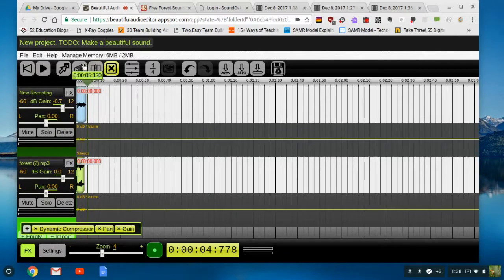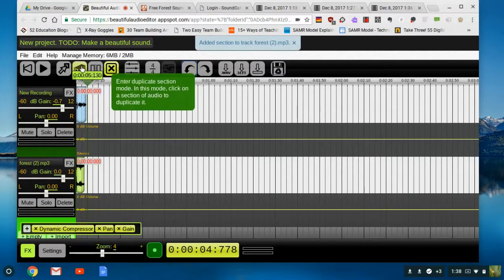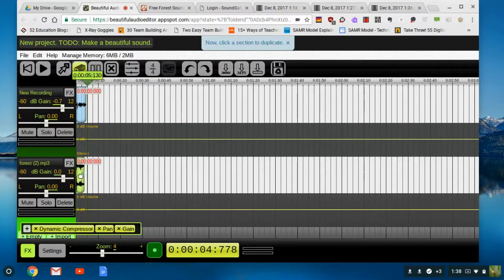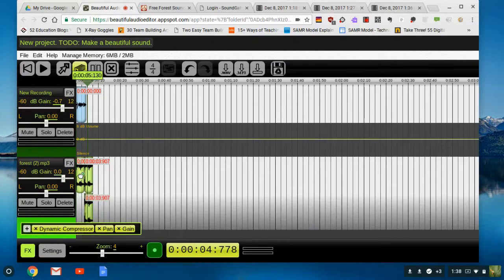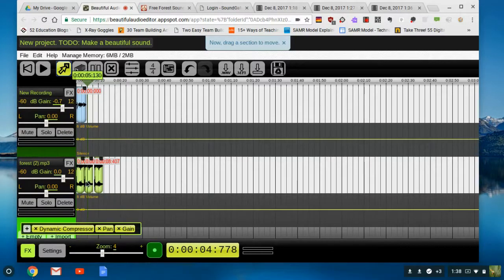So again, if I wanted to, I could click on it, undo that, and go to the duplicate section because it's kind of small, and I can duplicate those sound effects or move them to different parts as well. So I duplicated it so it will go on for a long amount of time. Now, if I was to push play, I want my timeline to be at the beginning.